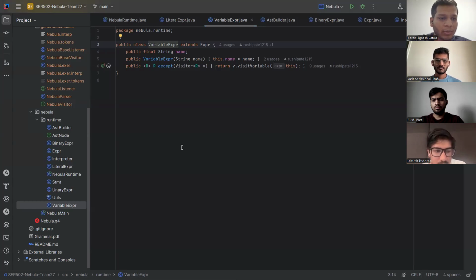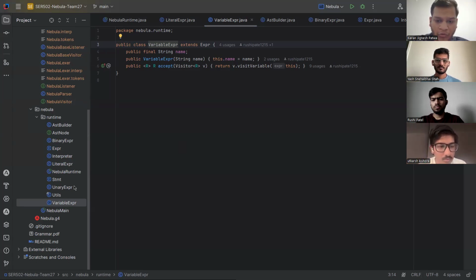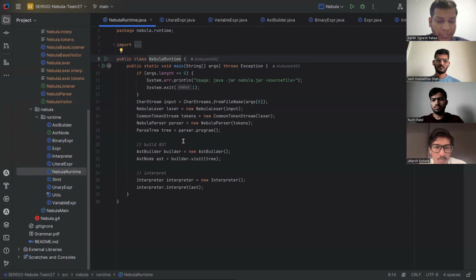Now I will just talk about how our code works, and basically I will show how each and every part of the code works. So first of all, in the runtime, whenever you execute the code it will go through NebulaRuntime.java, which is written by Yash, and it is an entry point to our code. Now, what this code does is it will read a dot Nebula file, which then feeds the source code to the ANTLR generated lexer and parser, and hence the resulting parse tree to